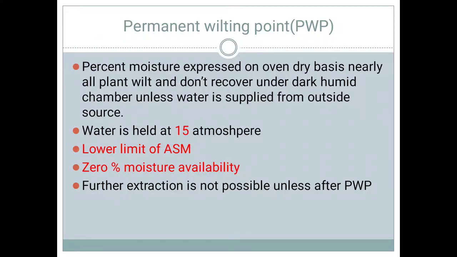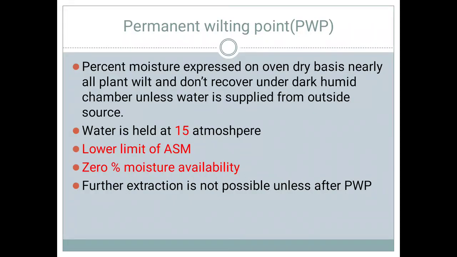If there is humidity, 90% humidity, 95% humidity, then there is moisture present in the atmosphere, and that moisture can be utilized by the plants. So when the plant is not able to survive by soil moisture as well as by atmospheric moisture, that point we can say is the permanent wilting point. So the plant is showing wilting symptoms permanently, and it is not able to survive by soil moisture, or by atmospheric moisture.